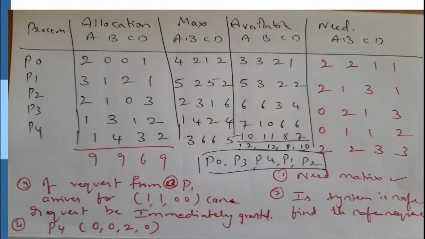Okay. So available, how are we going to calculate available? What is required for P0 is 2 2 1 1 as the need, and the available we have is 3 3 2 1. So we can satisfy P0. After P0 is satisfied and releases all its resources to the available, 3 plus 2 is 5, 3 plus 0 is 3, 2 plus 0 is 2, 1 plus 1 is 2. So this is the available resources, and the need is 2 1 3, so we can satisfy this also.